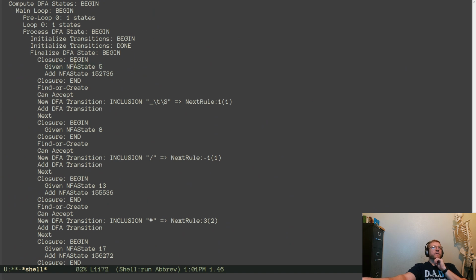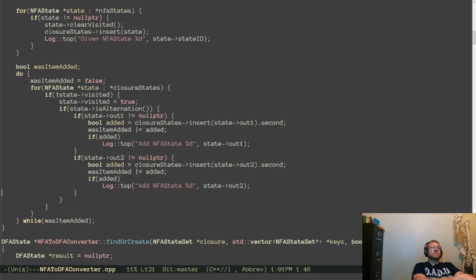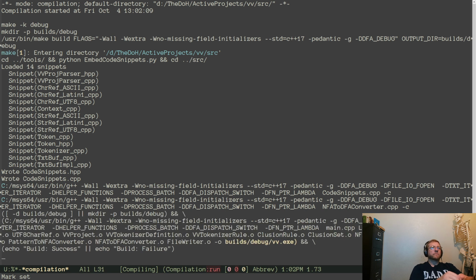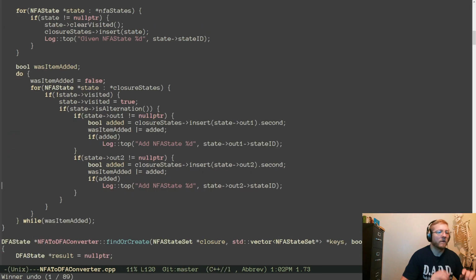Closure. Given NFA state number 5, add state what? Oh. To state ID. Okay.